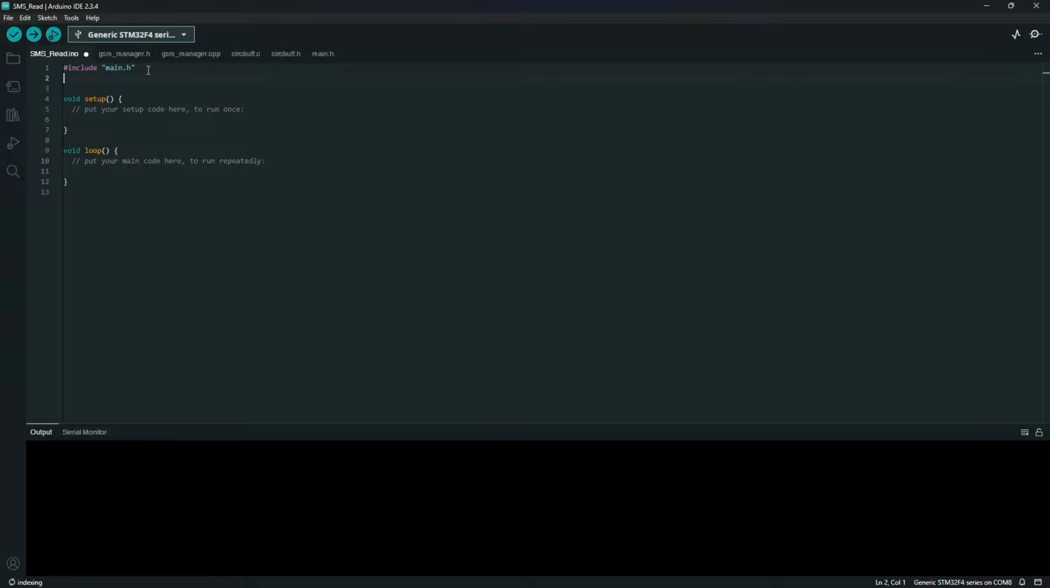Include main.h, and then the next one is just going to be our GSM manager that we just went through, but the .h file. All right, that's all we're going to include. And then the next thing we're going to do is in our setup routine here for Arduino, we're going to set up our serial communication. So we're going to do our serial setup,